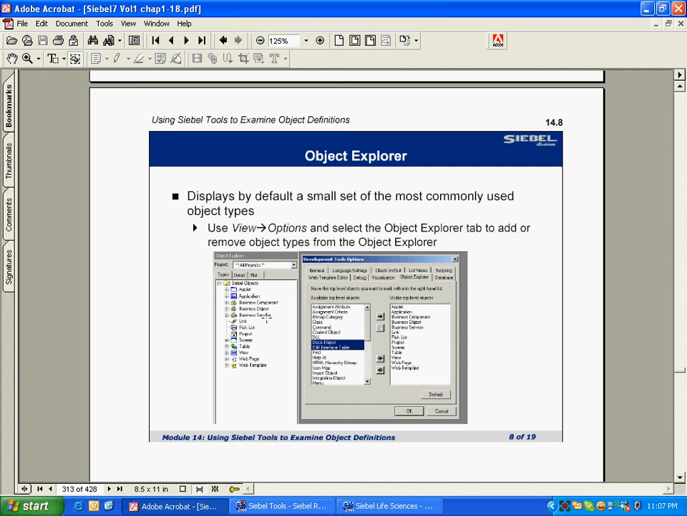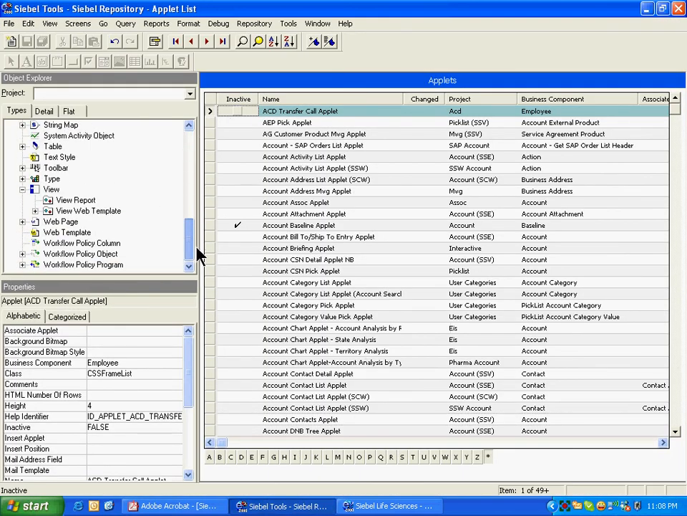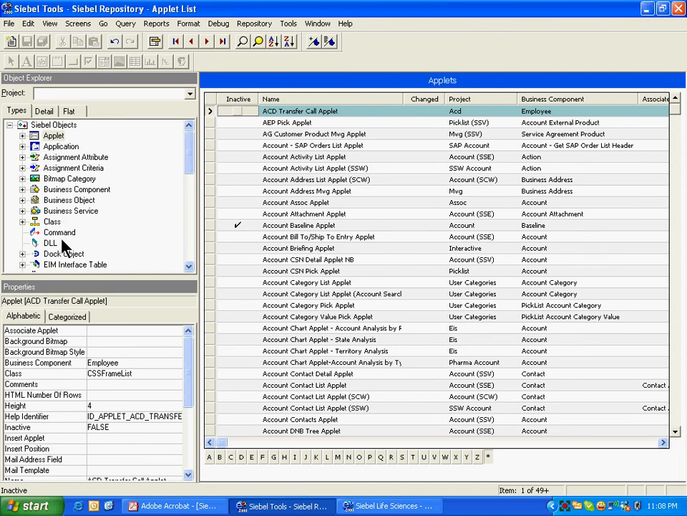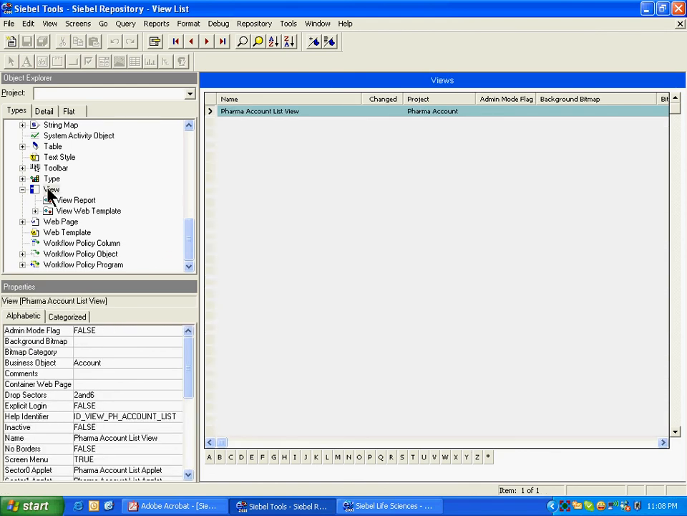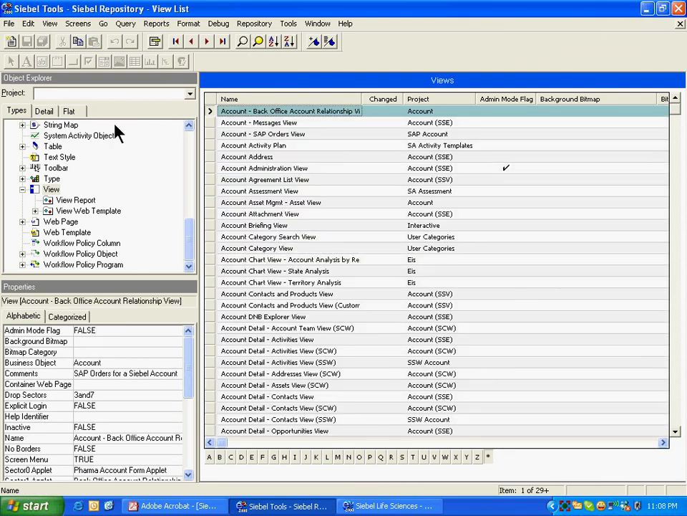Object Explorer displays by default a small set of the most commonly used object types. Use View Options and select the Object Explorer tab to add or remove object types from the Object Explorer. Screens, views, applets, these are all various object types, and they are all present here. But let's say you're looking for a workflow object. You have to highlight the type to see all the applets. If you want to see all the views, you click here and you see all the views here. But if you don't see an object type here and you want to add more to it,